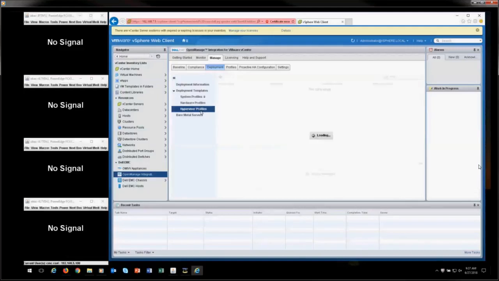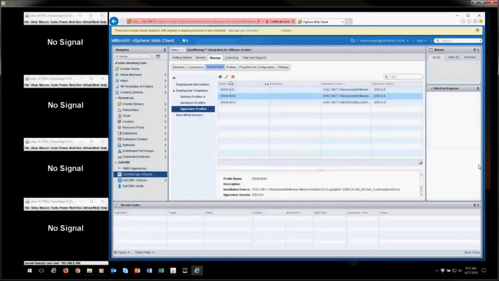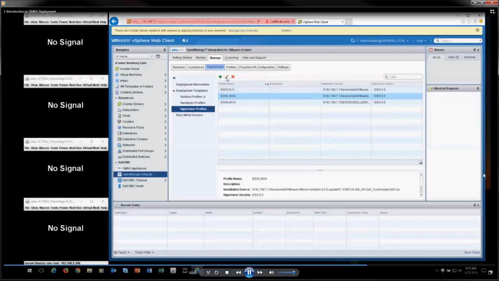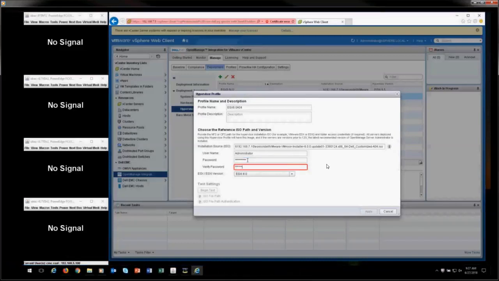Next, the administrator would set up a hypervisor profile. We've already set up 3 here, but we're going to be using an ESX 6.0 update 2. This is simple as well. Essentially, a wizard pops up that allows the user to enter the source where he's putting the ISO. You can put it on an NFS share, you can put it onto a Windows file share, and it provides a facility to test to make sure that that image is mountable. We've already set this up, but we'll go through a quick test to make sure that it's accessible. Press the test button, and it finds that the path is there and the file is there,